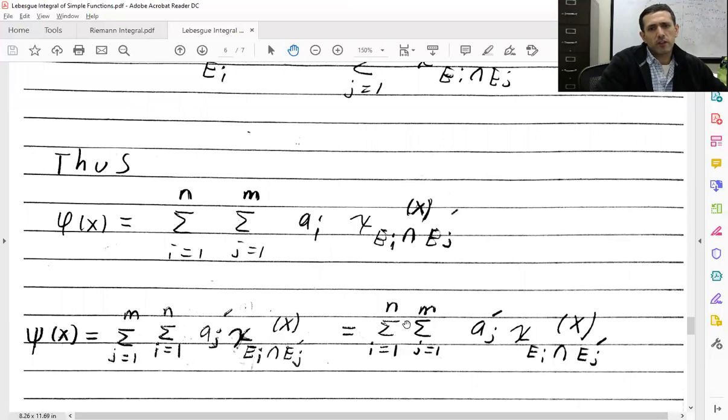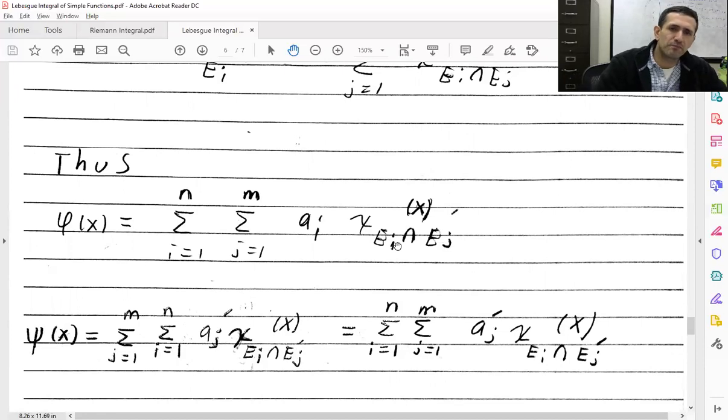And same thing here. I'm really thinking of this as just one summation. And I'm interchanging the order of summation here because, well, it's a finite sum, so it's not really doing anything. When I think of this as one summation, I most definitely have repeats. In general, you're definitely going to have repeats because we have the same aj prime for each i equals 1 to n. We have the same ai for j equals 1 to m. So in general there are going to be repeats, but it doesn't matter because